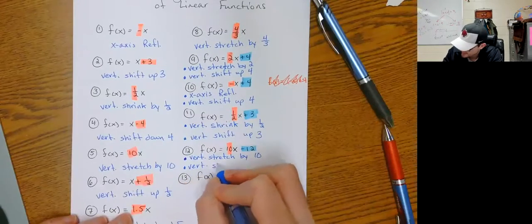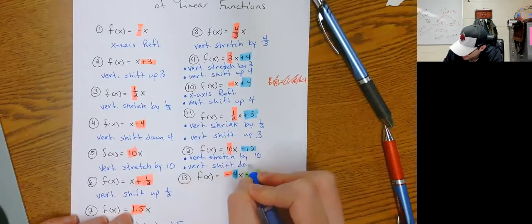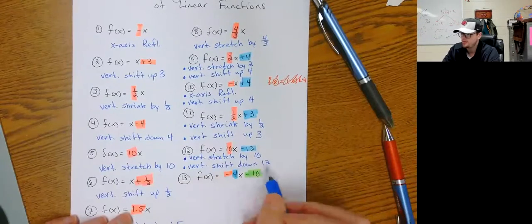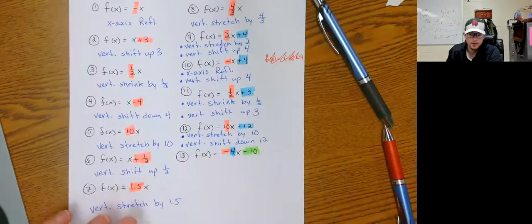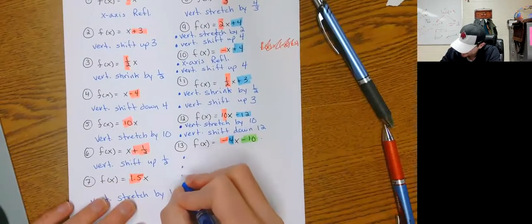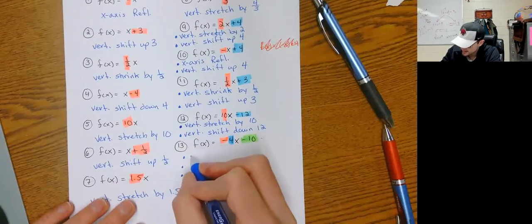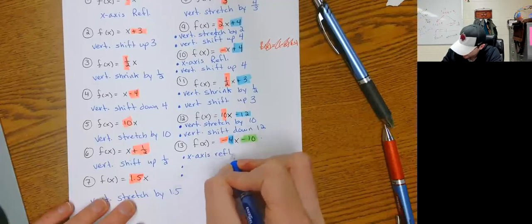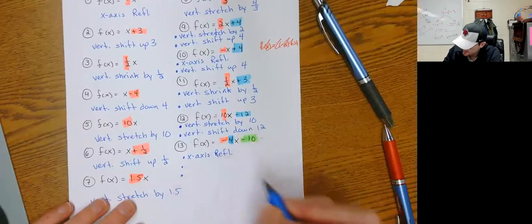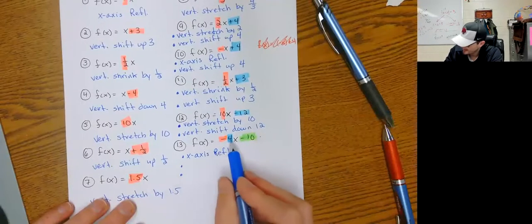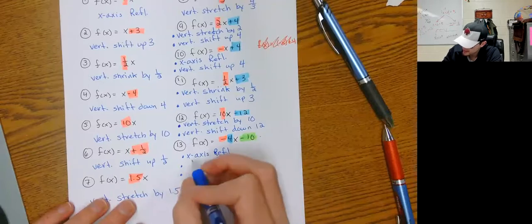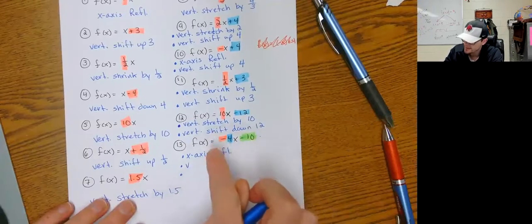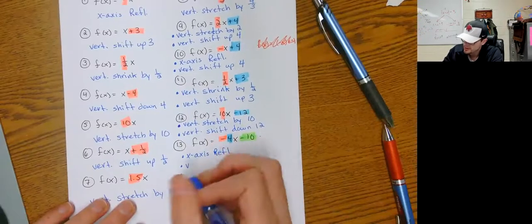Vertical shift down 12. Notice I'm not saying down negative 12. I'm saying down 12. The down is the negative. All right, this one's got 3. So we got the negative, so that's an x-axis reflection. All right, actually, x-axis reflection. We got the 4 multiplication, so that is a vertical stretch by 4, not a negative 4, right? They're two separate things. The negative is a reflection, the 4 is a stretch,